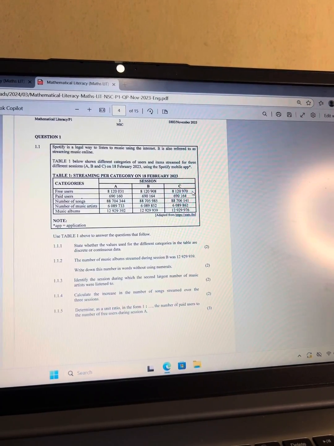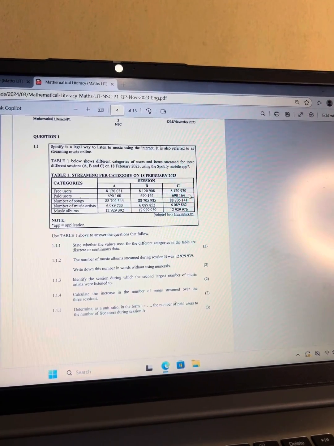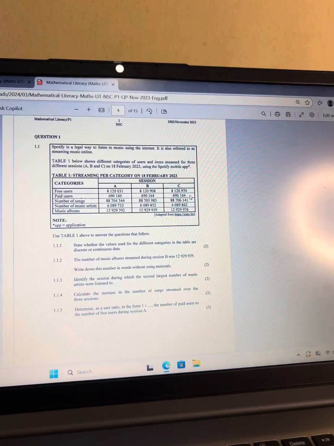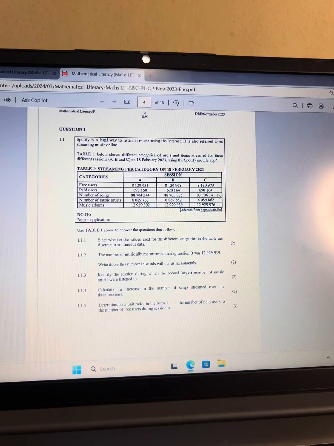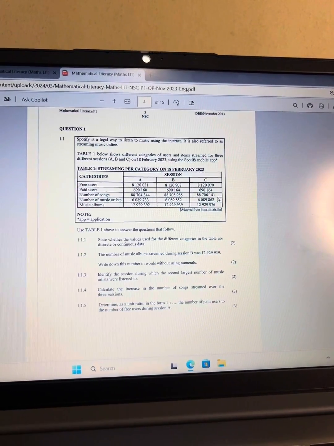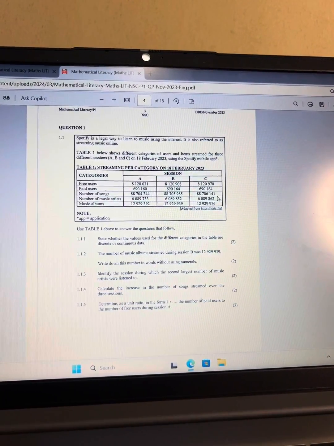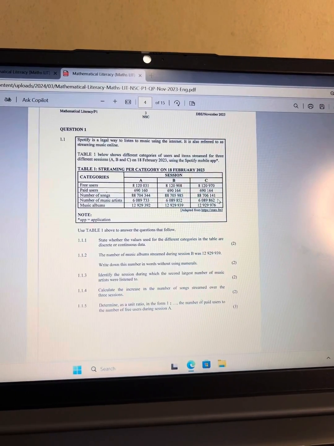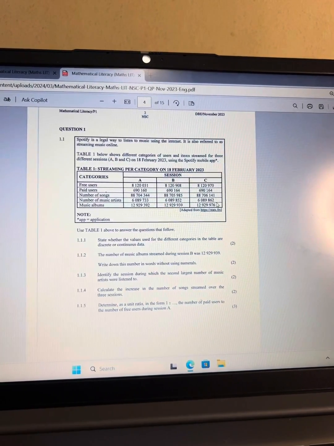Then we go to session C. We have free users, 8,120,970. We have paid users, which is 690,164. We have number of songs, which is 88,706,141. We have number of music artists, which is 6,089,862. And then we have music albums, which is